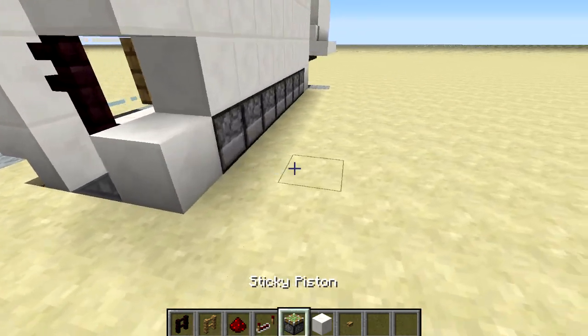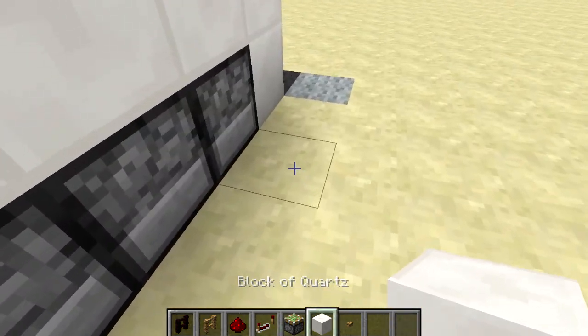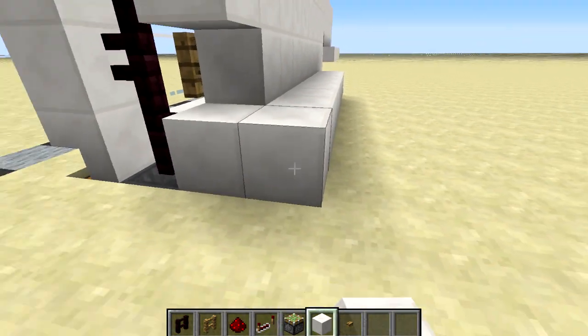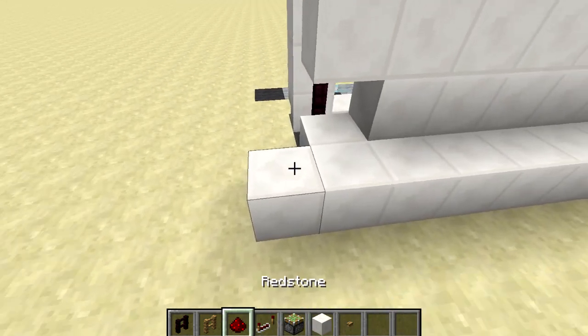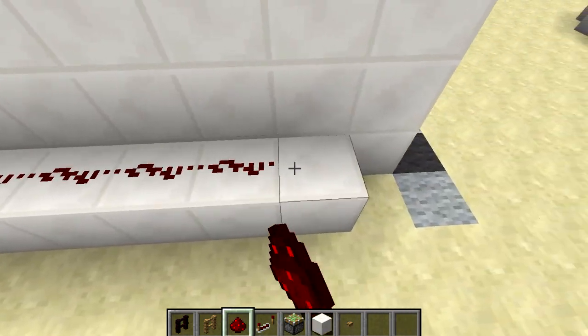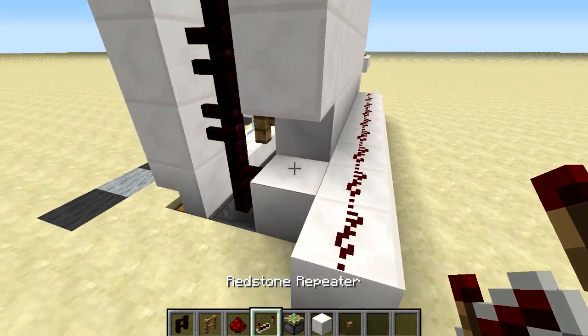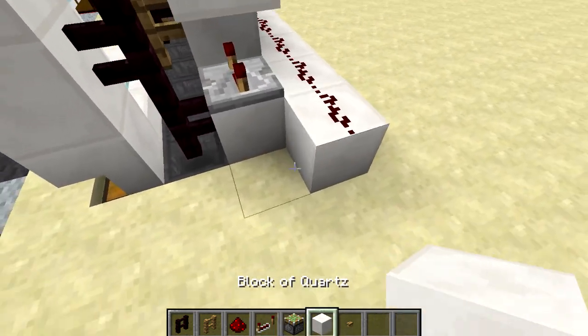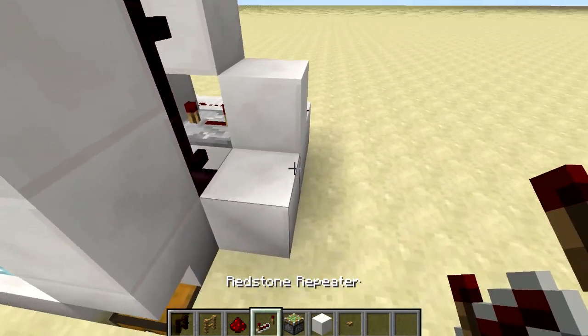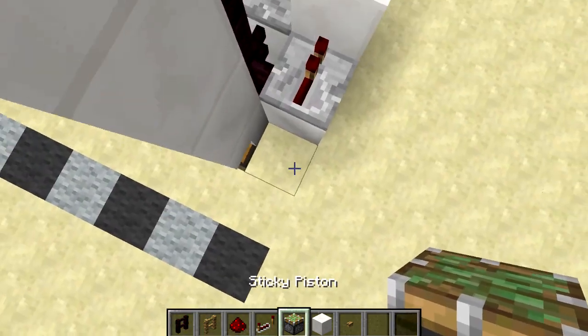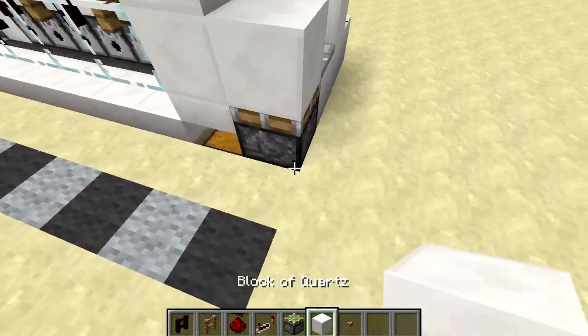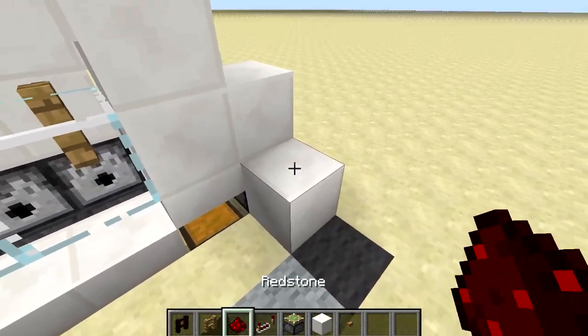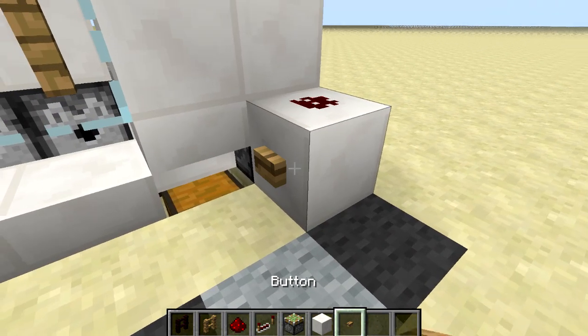Now the next thing we're going to do is build the redstone, so we're going to go back to where this dispenser is, place down a row of blocks coming all the way out here by one, and then put redstone on top of all of that. Then we will place a repeater here, put that one on the 4th setting, put 2 blocks there, another one here with a repeater on it on the 1st setting, then a sticky piston facing upwards, a block on top of it, block on the side, a piece of redstone on top of it, and a button,